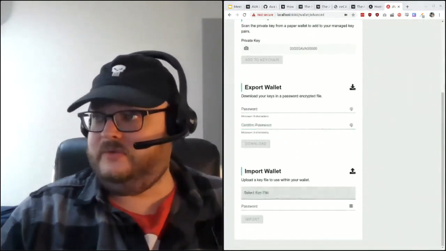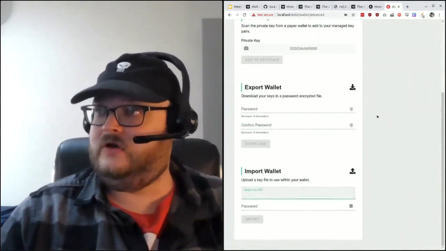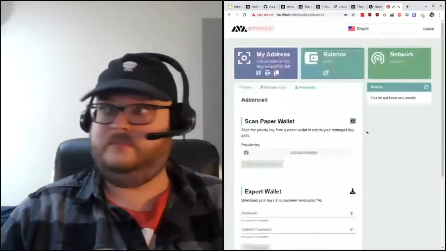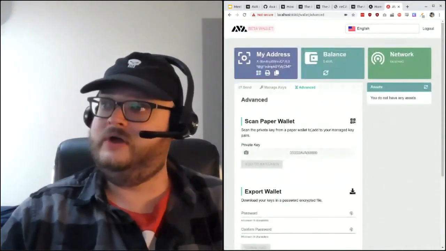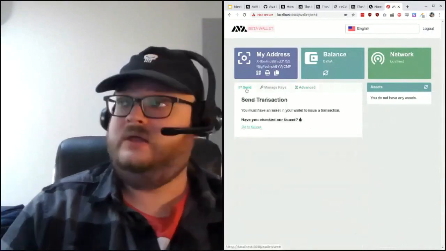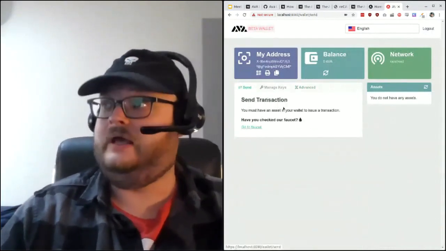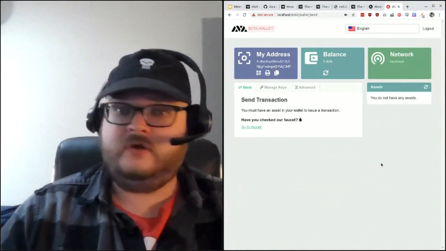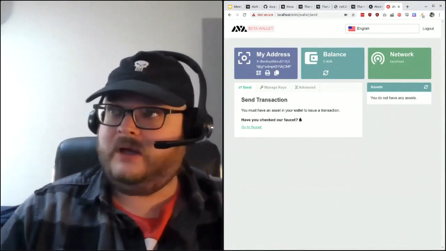You can import a wallet with a password. It's all basically getting going right here. So this is a really cool wallet, a basic example dApp that runs on the Ava network that you can launch today. Okay, so now that we have a wallet, let's pop back over to the faucet